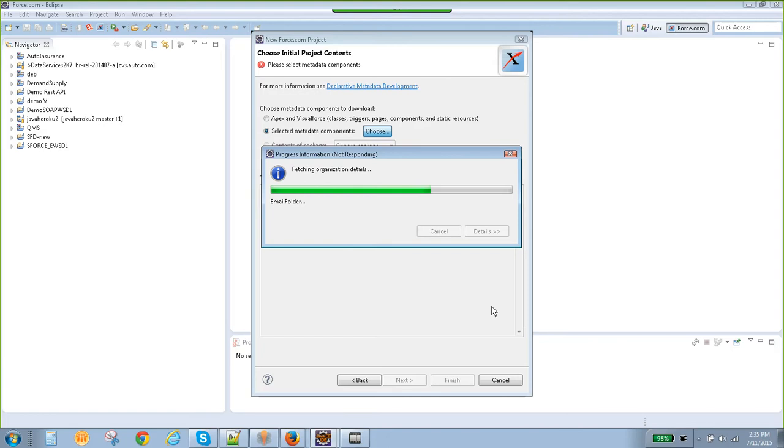So let it load. Just hold on, it will load.